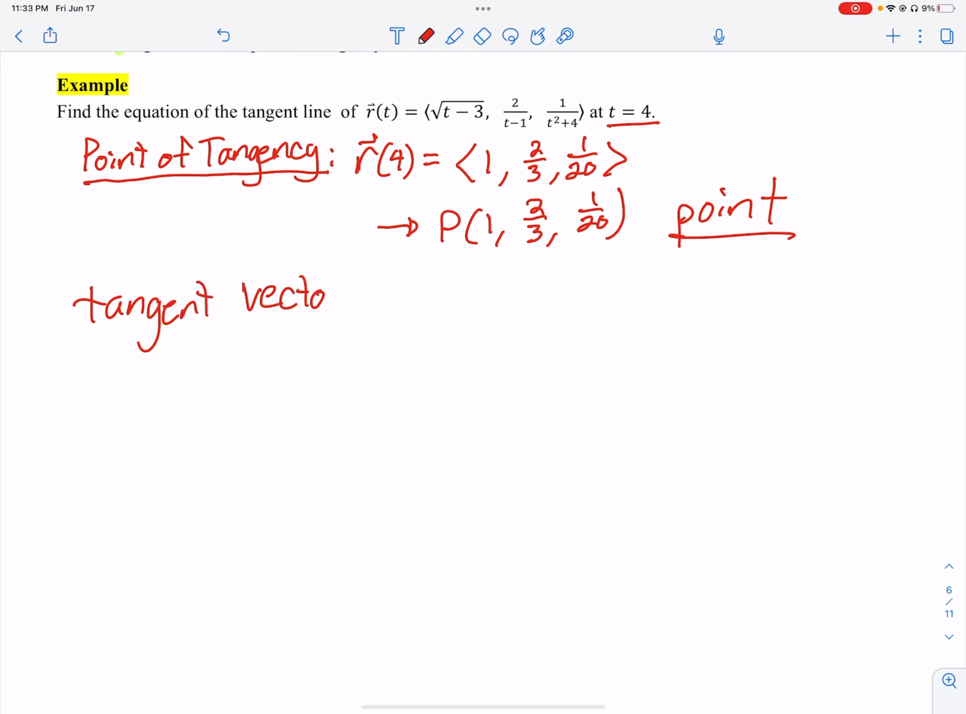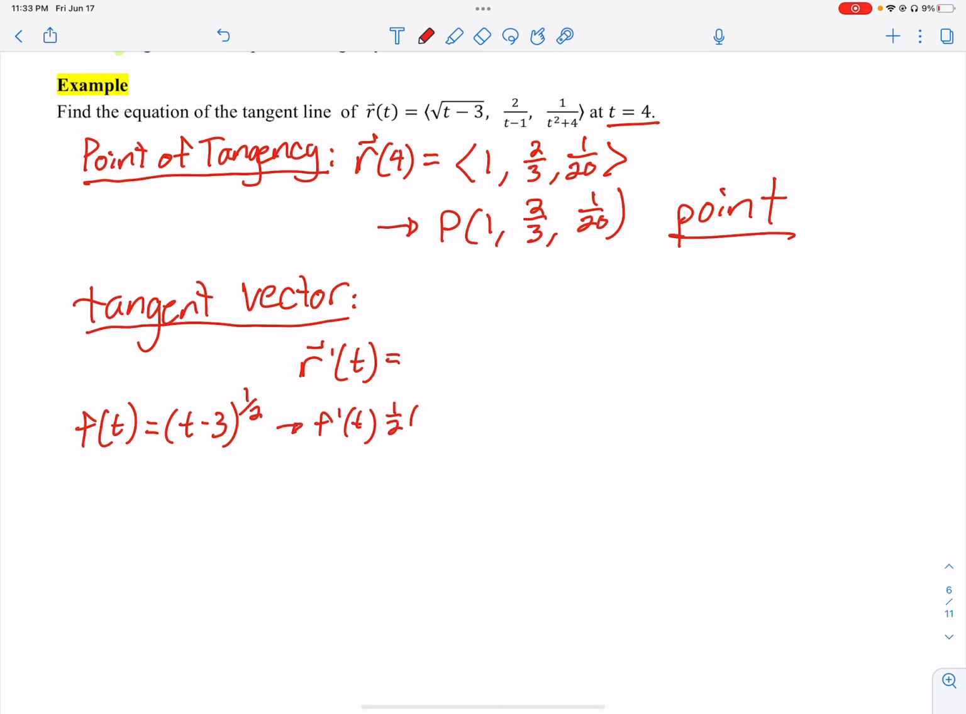All right, so that's what we'll find now. Remember, the tangent vector, just like in Calc 1, if I want to find the tangent line or the slope, or the derivative, I take the derivative. So we're looking for r prime. I still recommend going f of t. This is (t minus 3) to the 1/2, so that means f prime of t